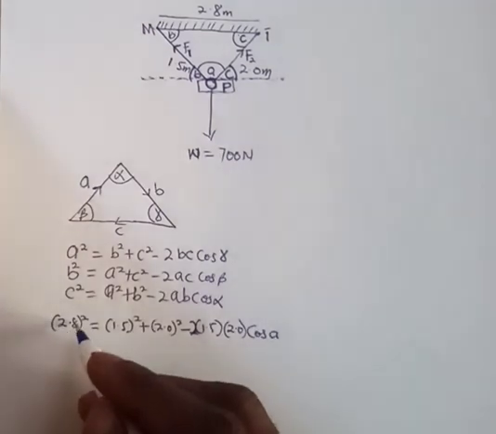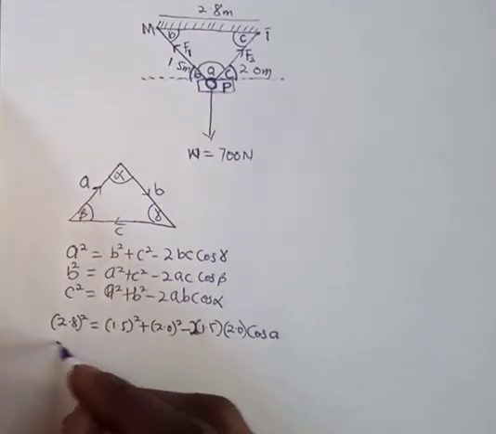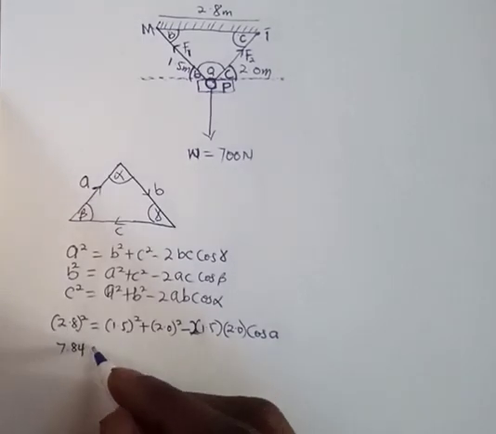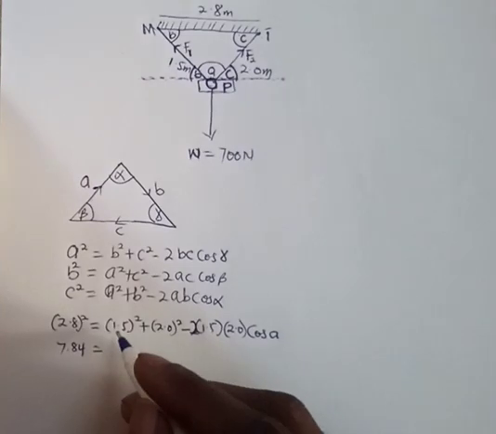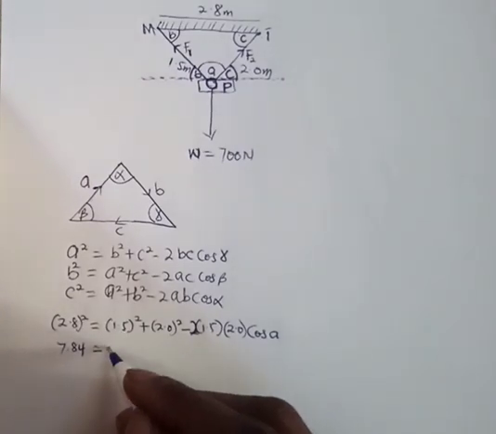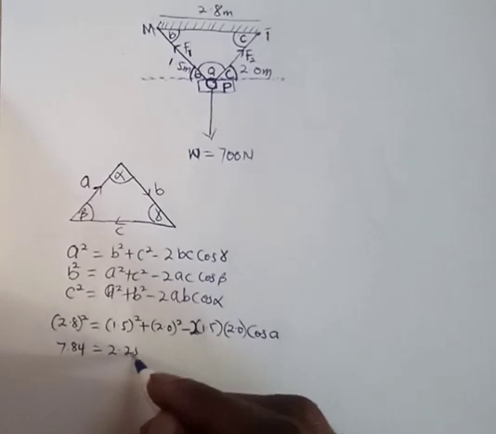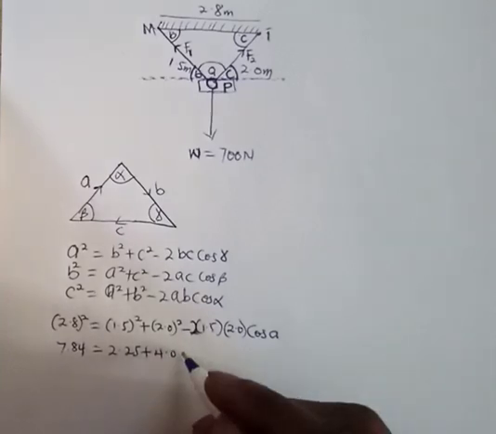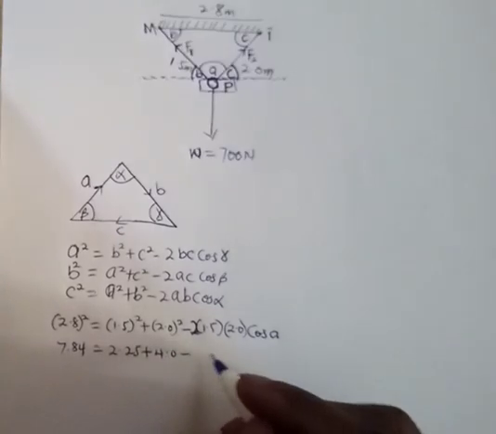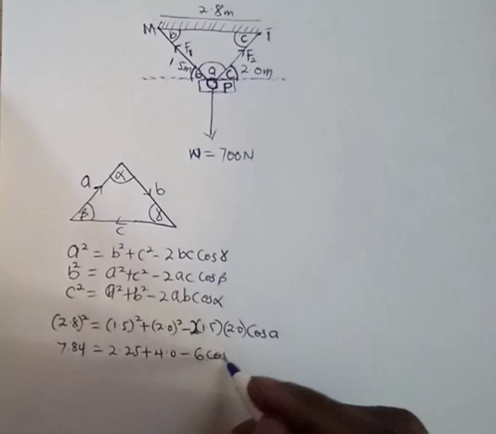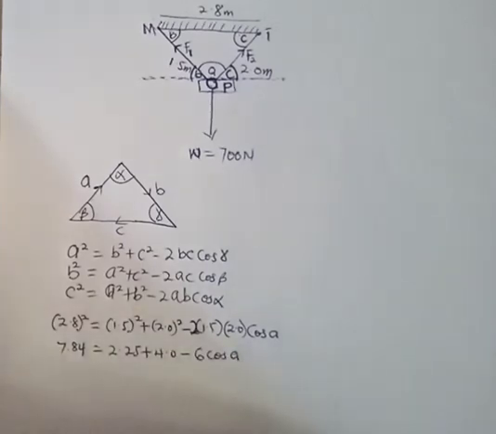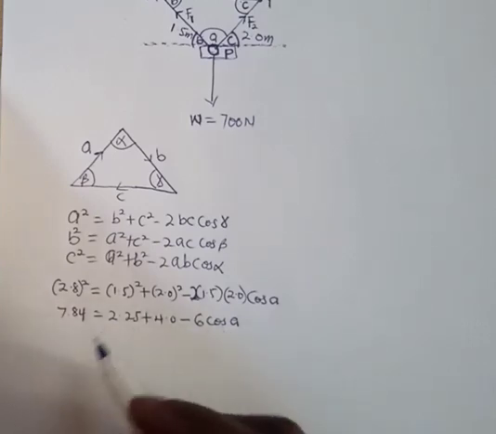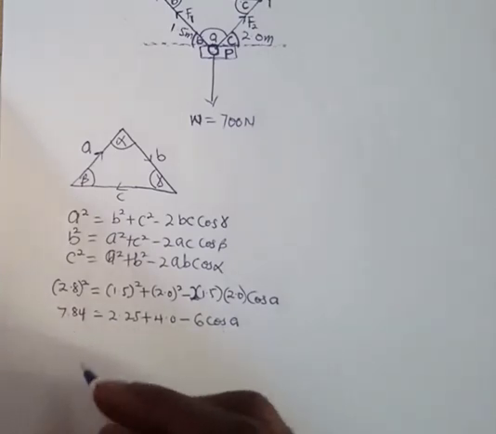So 2.8 squared is giving us what? 7.84, which is equal to, and then 1.5 squared will also give us what? 2.25 plus 4.0, which is equal to negative what? 6 cos A. Have you gotten that? Good. So if we do some simplification here, then we are getting